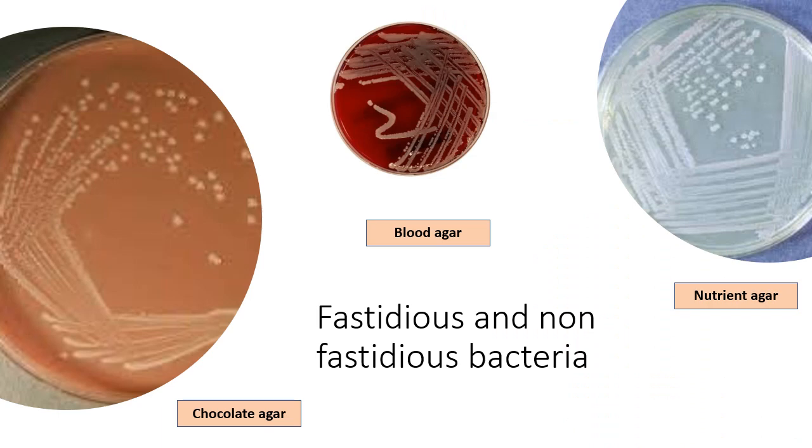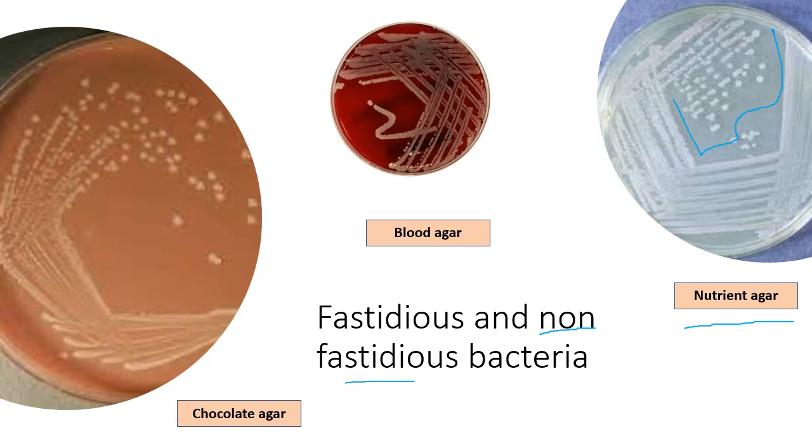Now we come to another characteristic of bacteria, and that characteristic is whether they are fastidious or non-fastidious. What does the word fastidious mean? Fastidious means that a particular bacteria is finicky, it is very choosy, it will not grow on all types of media. So it requires a medium which has lots of nutrients. And then there is a non-fastidious bacteria which is not fussy and it can grow on very simple medium. So you have nutrient agar, which is a very basic medium, and those bacteria which grow on this medium are called non-fastidious bacteria. So Staphylococcus aureus, Pseudomonas aeruginosa, Escherichia coli, they can grow on this medium,